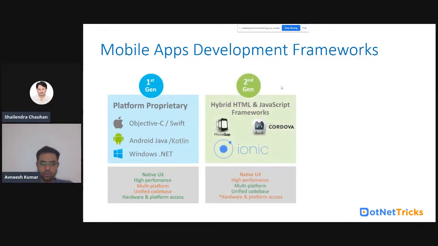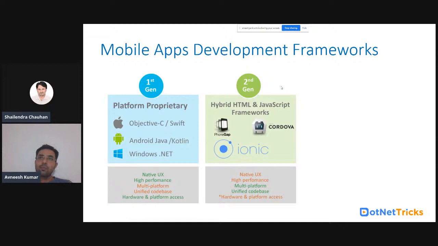Second generation: what happened when the customer need was to develop an application which can run on mobile as well as on the web browser? During that time hybrid applications evolved.